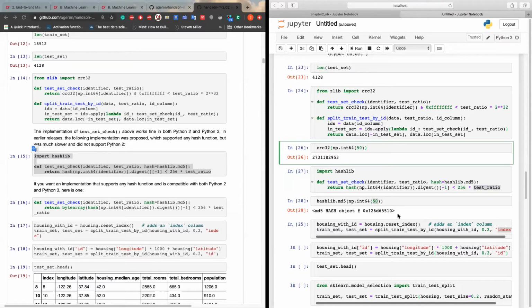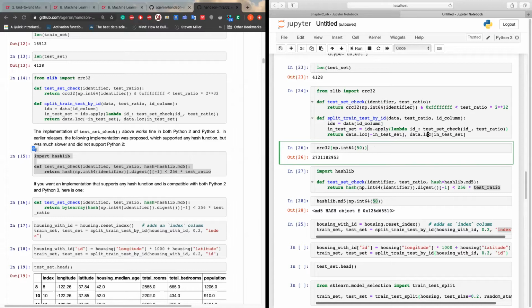So actually the confusion that I have is this test ratio generally we apply on the data set that we have. Why are we applying the test ratio on this biggest value like 2 to the power 32? So that you can compare, because CRC32 is going to give you a huge number. So if you get a huge number, you want to compare and scale it with something big. So when you do test ratio into 2 power 32, you get something which is as big as, if you look at the cell number 26, something of that scale,